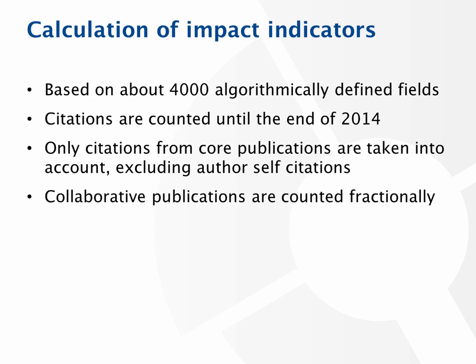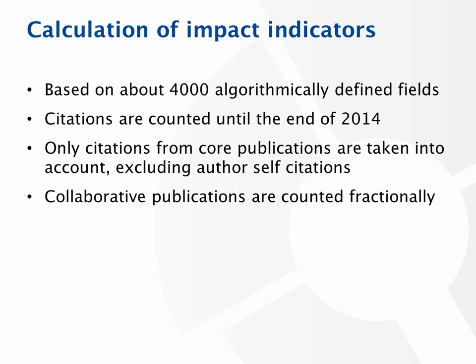A few comments need to be made on the calculation of the impact indicators in the Leiden ranking. First, I need to explain how fields are defined in the calculation of the impact indicators. As already mentioned earlier, in the Leiden ranking, a computer algorithm is used to group publications into about 4,000 research areas. These 4,000 research areas are the fields within which the top 1%, top 10% and top 50% most highly